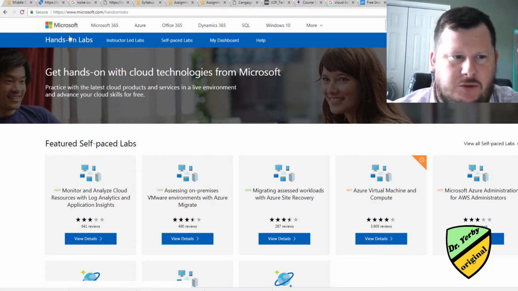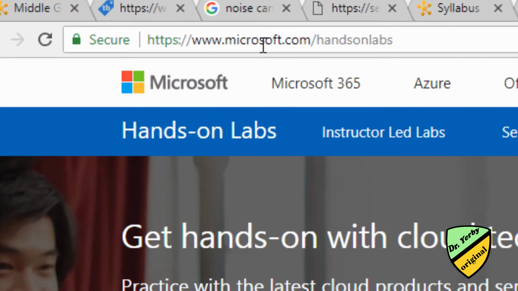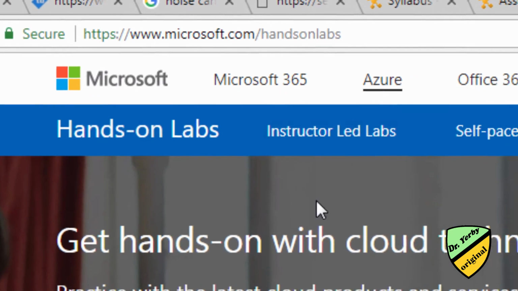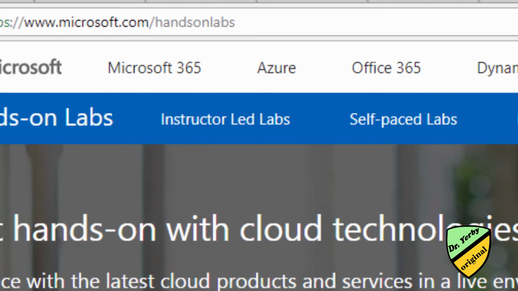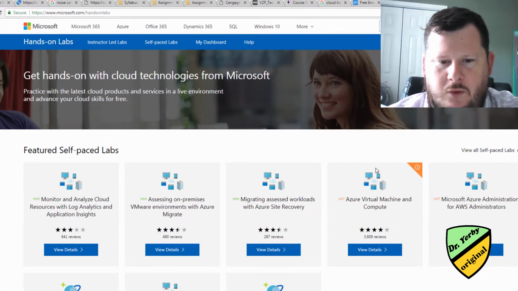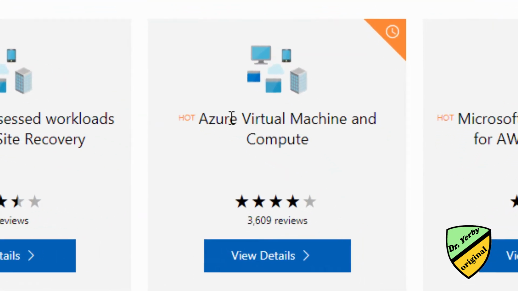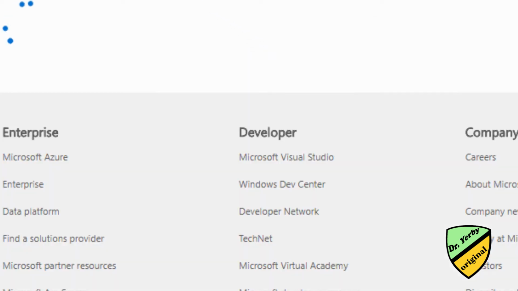So you'll log into your Microsoft account and go to microsoft.com/hands-on-labs. Once you're logged in, we want to look at some of the self-paced labs, and the one specifically that we're going to be taking a look at is the Azure Virtual Machine and Compute. So we've got to click View Details,